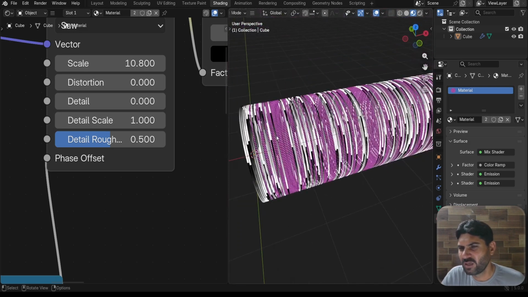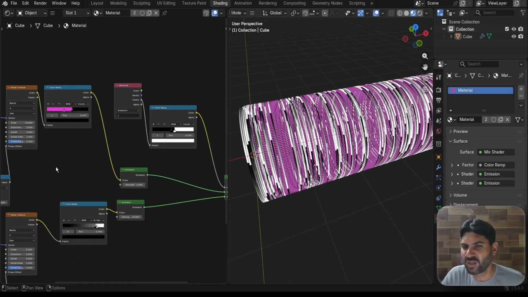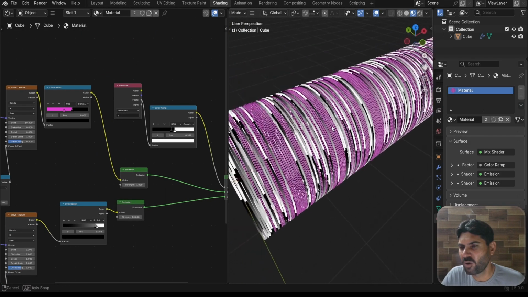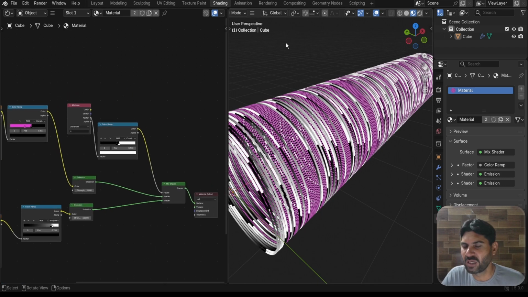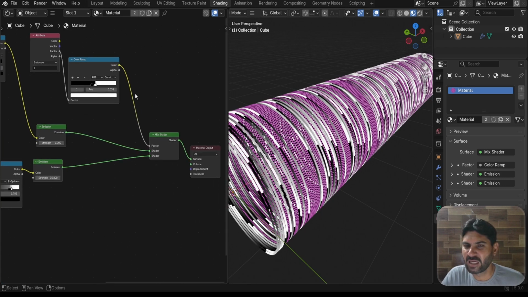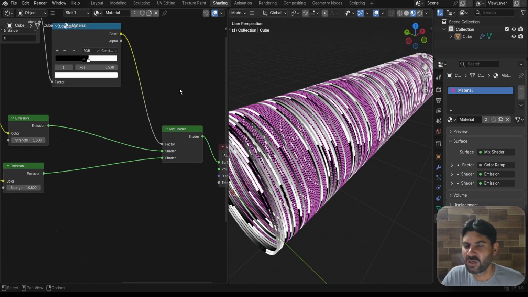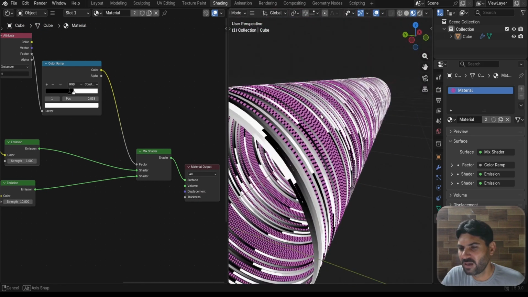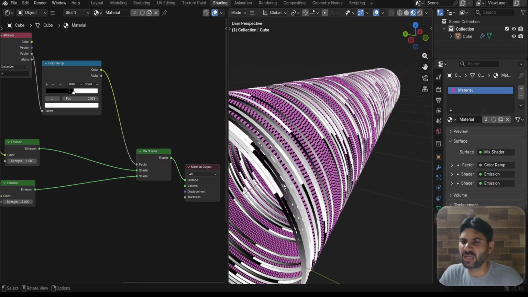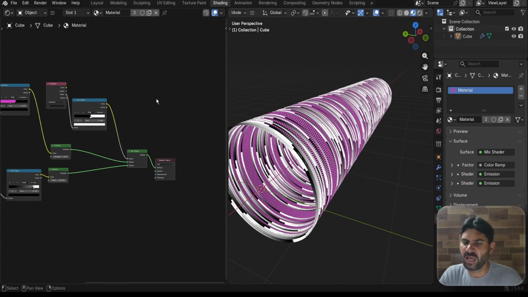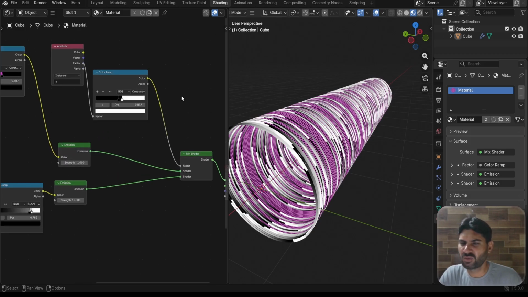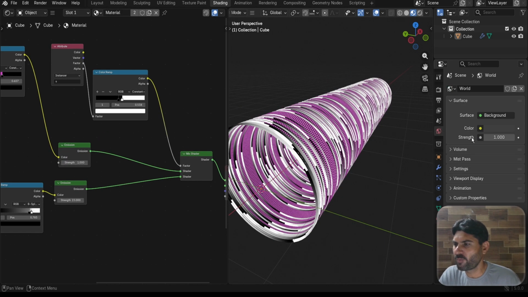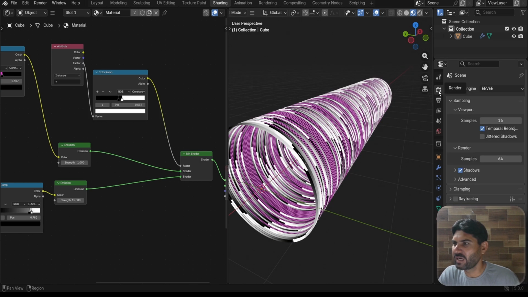Now we have a single material with two different types of material onto these instances due to the attribute, and here we connect two different emission materials with the mix shader to create this type of pattern. Now here I want to add some camera to our scene and make some composition to see these emission materials onto this surface. Here I enter into the world properties and decrease this to 0, and here I change this